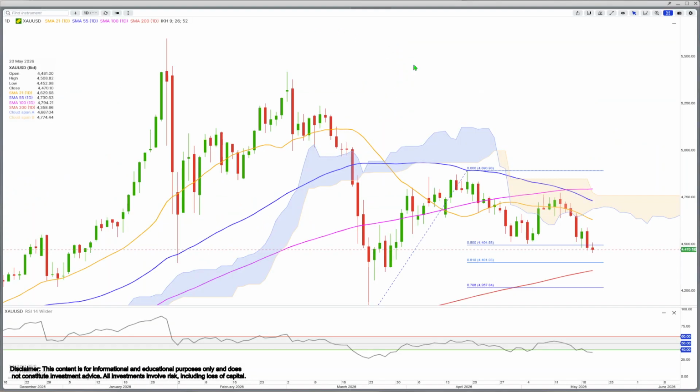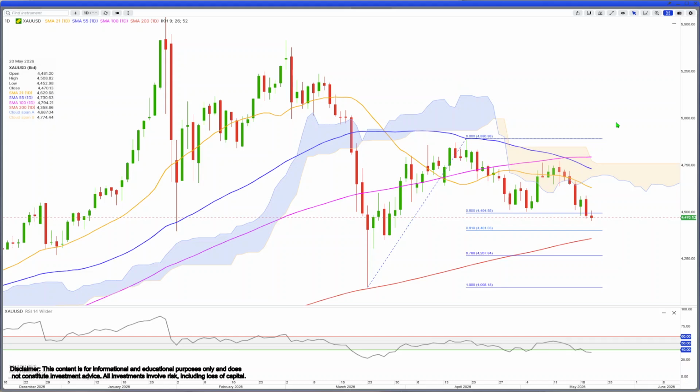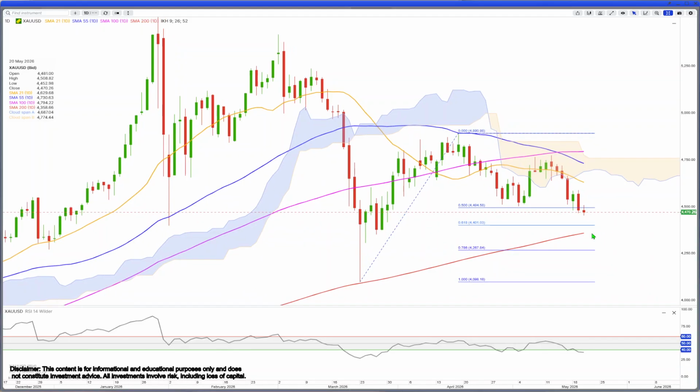And let's just have a look at gold spot and silver spot. Gold spot has established a bearish trend, or re-established a bearish trend. We already were in negative sentiment after being below the 40 threshold, couldn't get back above 60. So now we are back below 40. We have a lower low, lower high, lower low. So that is established, and we could see gold sliding lower in the coming weeks towards 4,400 and around the